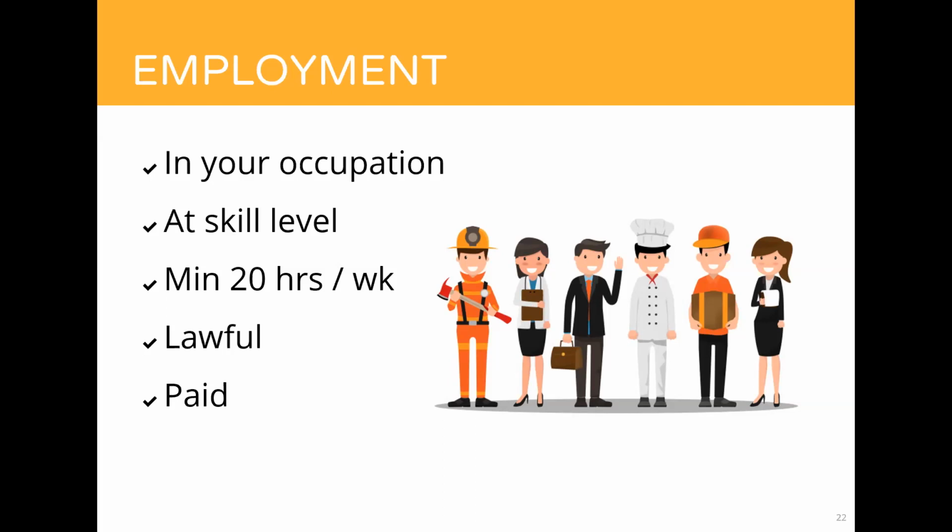So for example, if you obtained a skills assessment as a developer programmer, the code for that is 261312. You may have worked as a software engineer, which is 261313. That's okay because they have the same first 4 digits. If you've worked as a marketing specialist, or you've got your skills assessment as a marketing specialist, which is 225113, but you're working in PR, which we would all say is a related area, you won't be able to claim the work experience because the occupation code has a different first 4 digits.